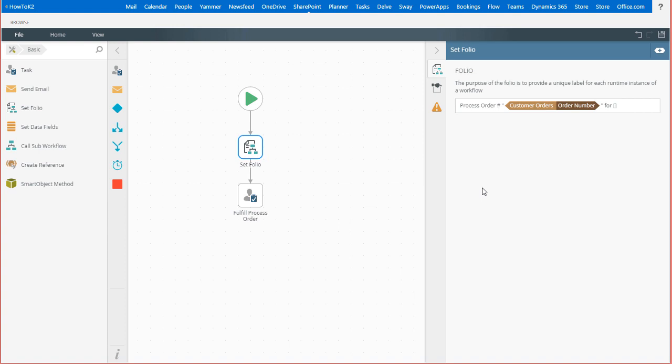Within the context browser options, you can pull data from available smart objects into many of the workflow wizards that allow for smart fields to be dropped into them. In this example, I have the beginnings of a customer order processing workflow, and I want to customize the folio